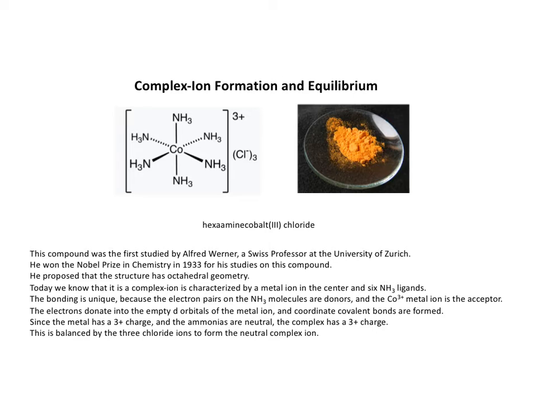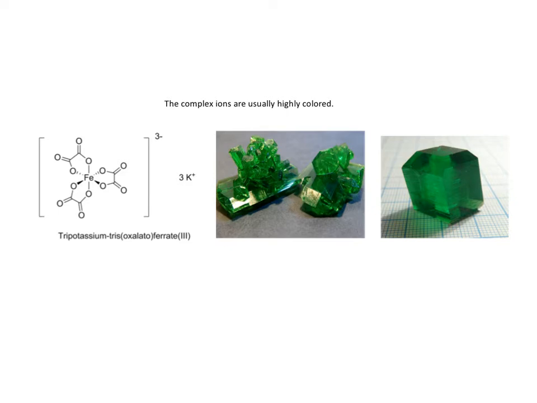Okay, and then I wanted to show you how beautiful these colors are. This one is an iron 3 minus compound, which is complexed with 3 potassiums. And these are called bidentate ligands. This is an oxalate molecule, C2O4 2 minus, which is oxalate,